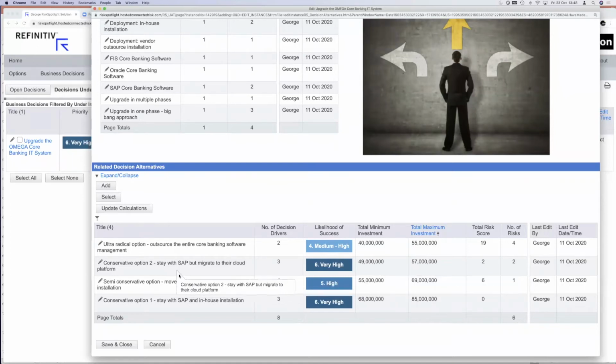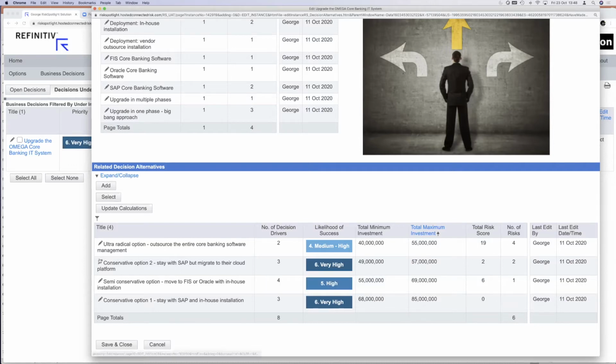And then each of those alternatives will be exposed to very different risks. So if I stay in-house, my risk profile is going to be very different. If I go on the cloud, my risk profile is going to be very different. If I outsource the whole thing to the vendor, my risk profile is going to be very different, the nature of operational risk. So with each alternative, you're thinking about the desired outcome, you're thinking about the investments, and you're thinking about the risk.